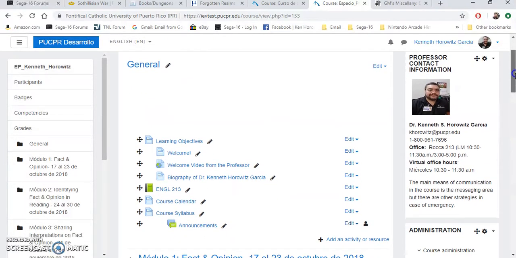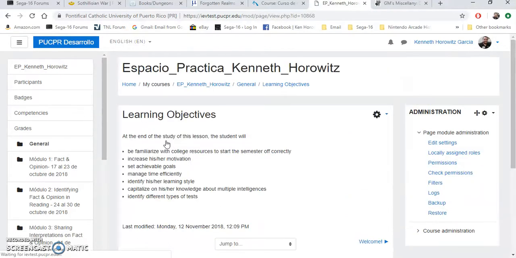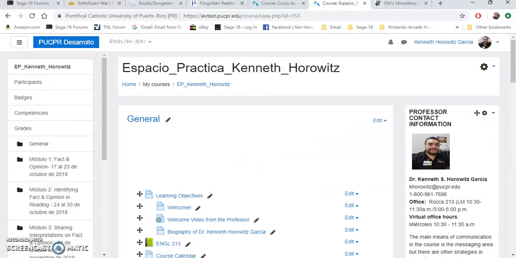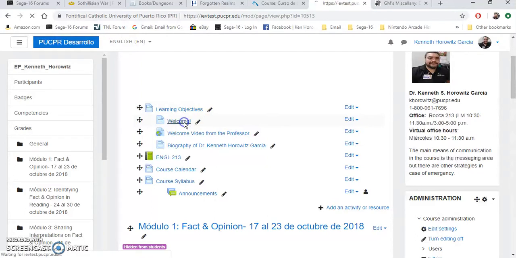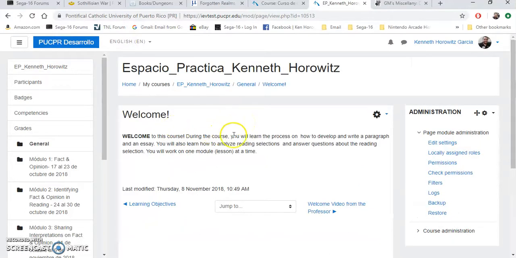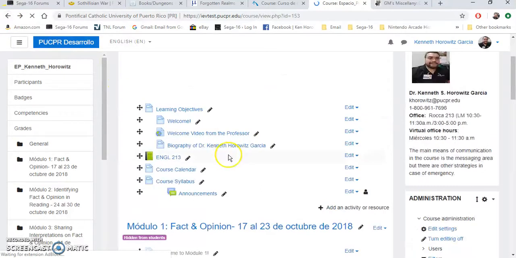As you can see, I have my general block completely filled here. I have the learning objectives, and we can see that we have all the objectives that should be completed by the end of the module. I have my welcome page, right? My welcome page telling students,